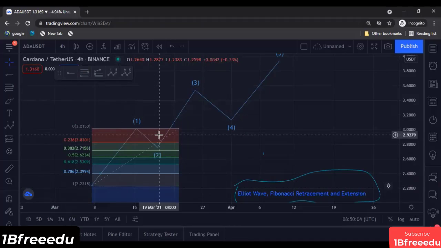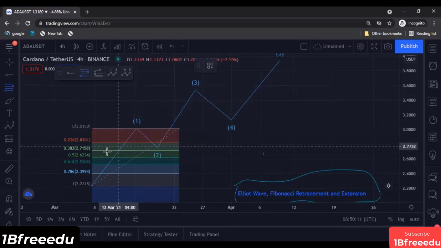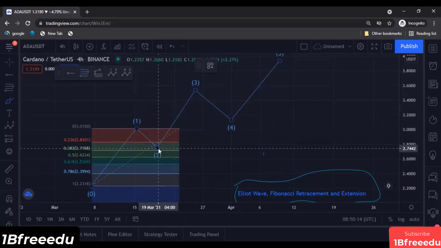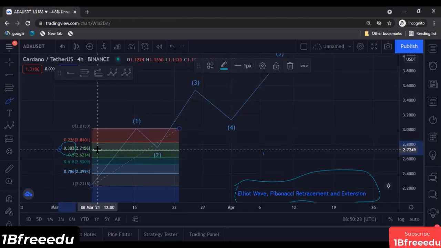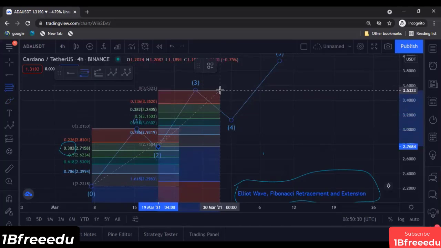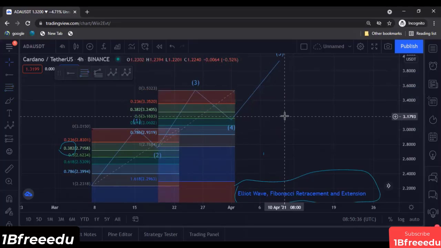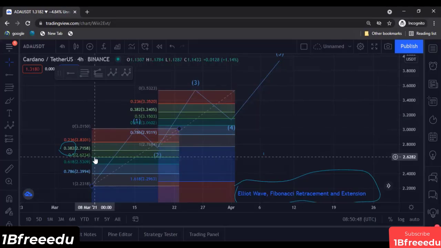And the second rule which I would like to highlight here is that, as you can see, this has retraced almost 38.2. The number is right here and it is in percentage, so it has retraced almost 38.2. Now if we draw this cycle from here to here, this is the imaginary cycle, but I'll show you on the live chart as well. As you can see, this is the second rule and the most important rule, and what it should follow is that